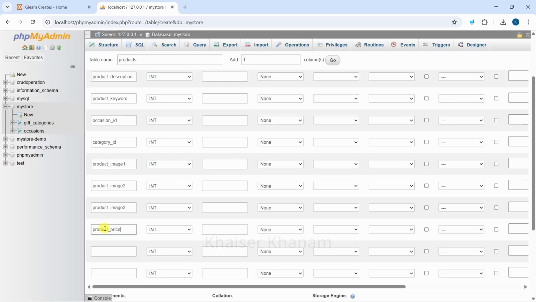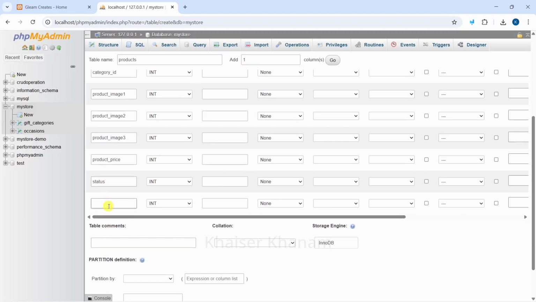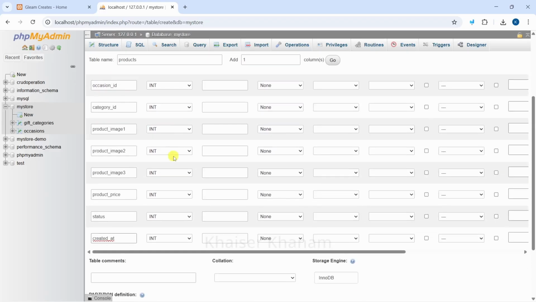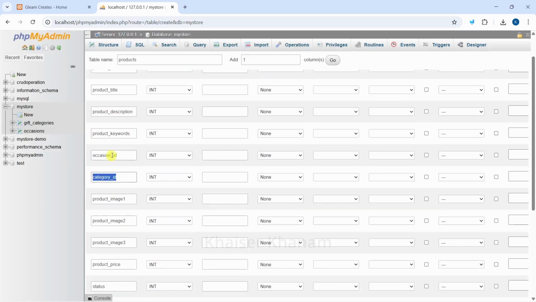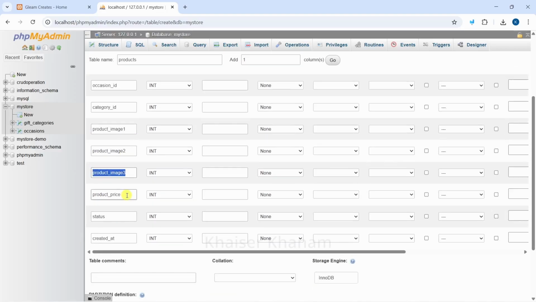Then I will write product price. Then we will have status, whether it is active or not. And finally, we are going to write this created at. Okay. In total, we are having 12 columns for the product. Let me show you again. Product ID, product title, product description, product keywords. Then occasion ID, category ID, foreign keys, product image 1, product image 2, product image 3, product price, status and created at, what time admin has created the product, that timings will be shown inside the